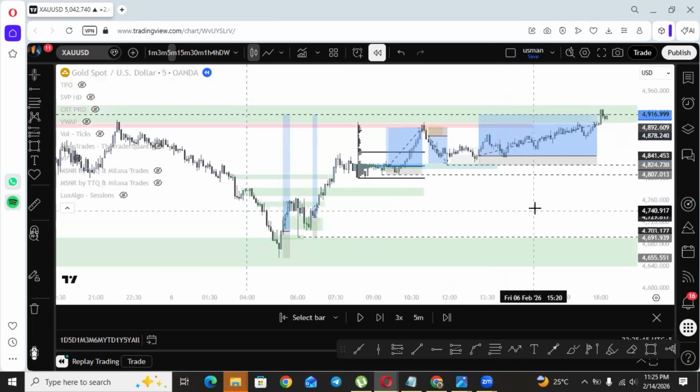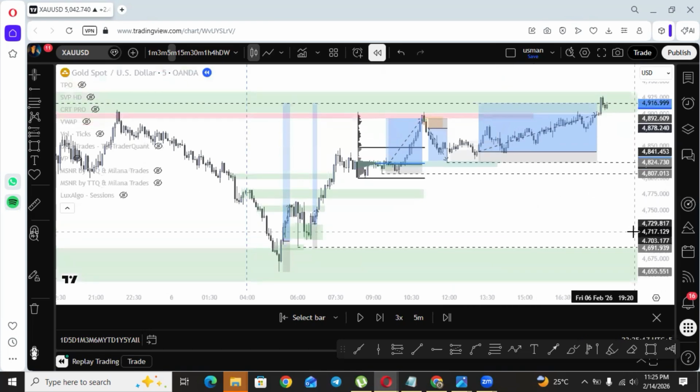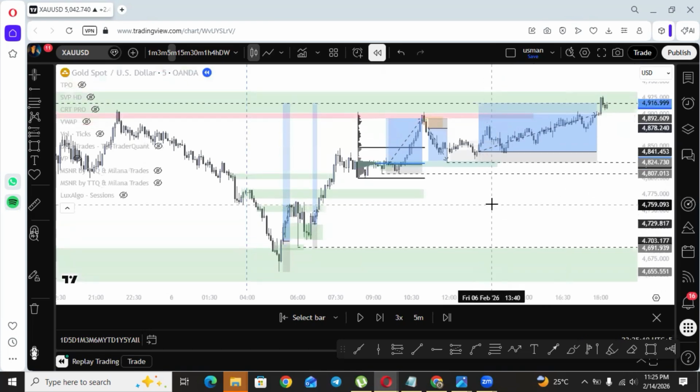So if market is retracing, you can't panic. Okay, so I think that's it for the day and I tried my best to show you guys how we can spot the concept of absorption and exhaustion by our indicator or tool. So let me tell you one thing. Okay, we have 10 minutes left now.